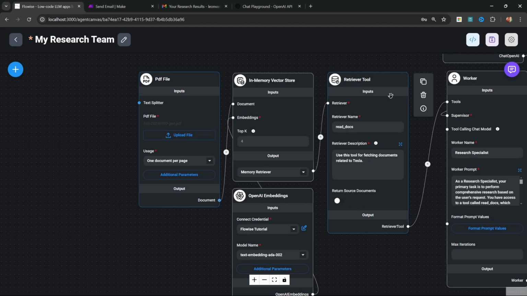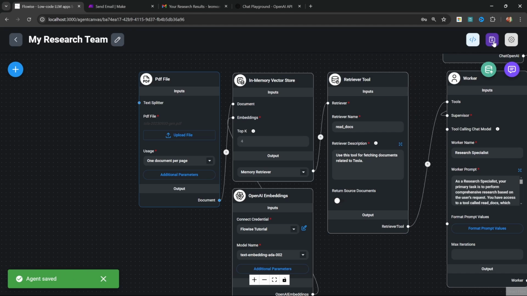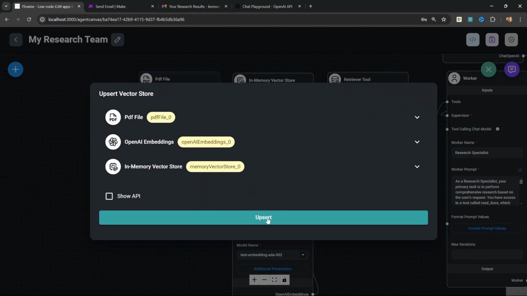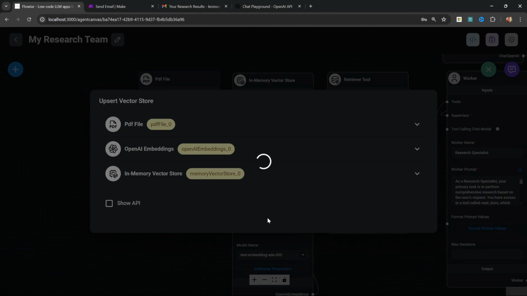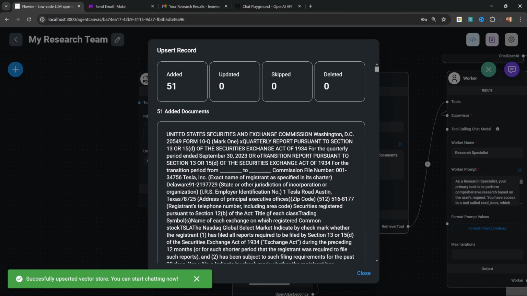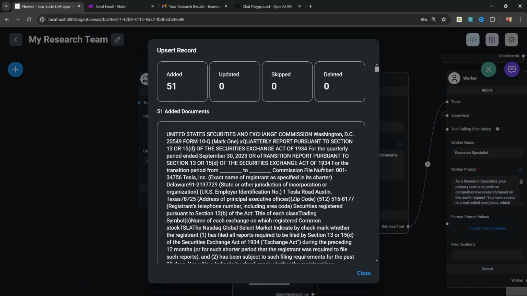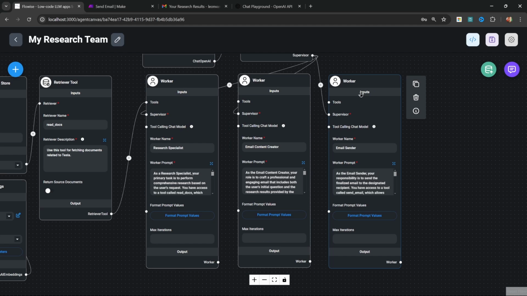Our research specialist agent will now be able to fetch this information from the vector store. But of course, it's very important to first populate the vector store with this data. So let's click on Upsert Vector Database. Then let's click on Upsert. And this will now grab the data from the PDF document and upload those documents into the vector store. Great. Now next, we need to create a custom tool which will allow our email sender to actually send the